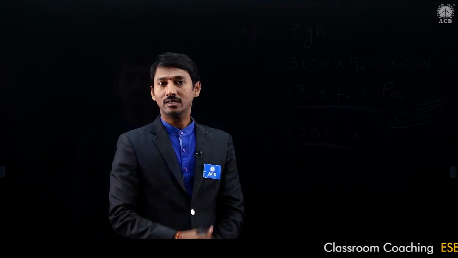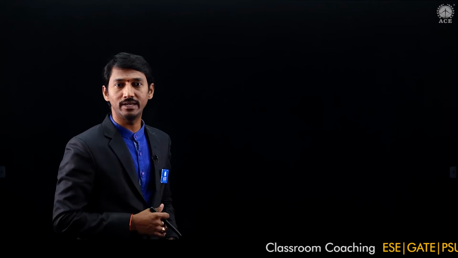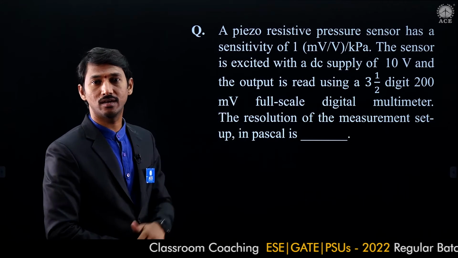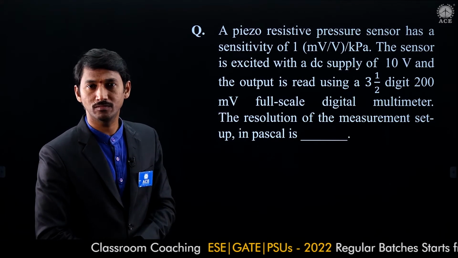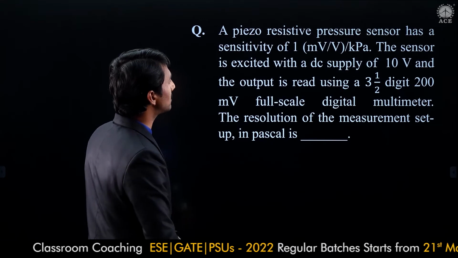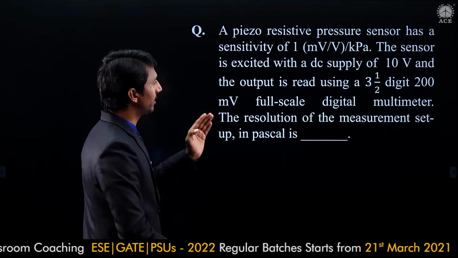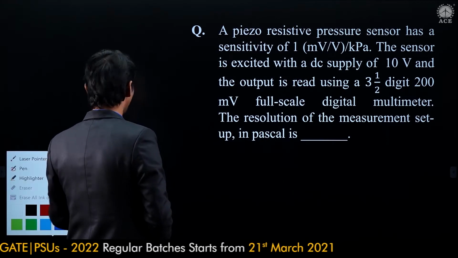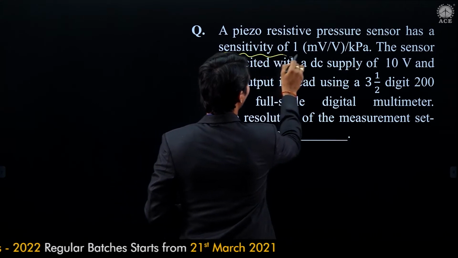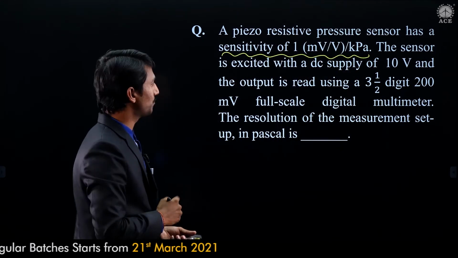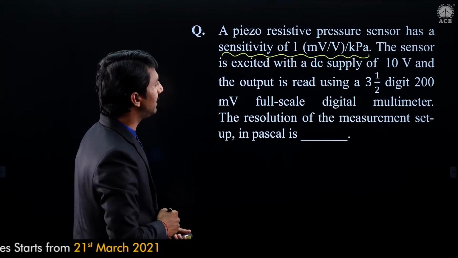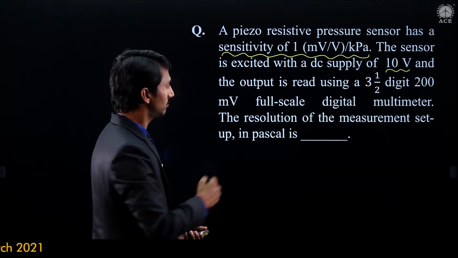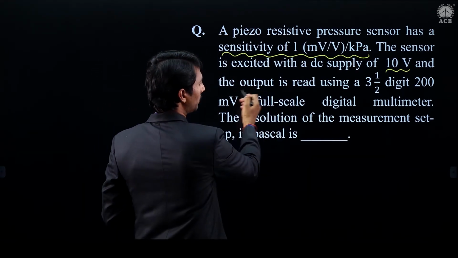Clear? The question from sensors and industrial instrumentation is related to a piezo-resistive pressure sensor, nothing but a piezoelectric transducer type of question. A piezo-resistive sensor has a sensitivity of 1 millivolt per volt per kilopascal. So this is the sensitivity he has given. The sensor is excited with a DC supply of 10 volt. So how much voltage is the input value? 10 volt. And the output is read using